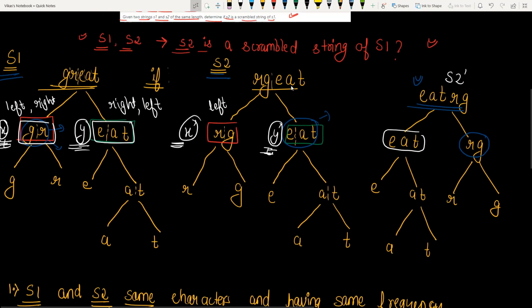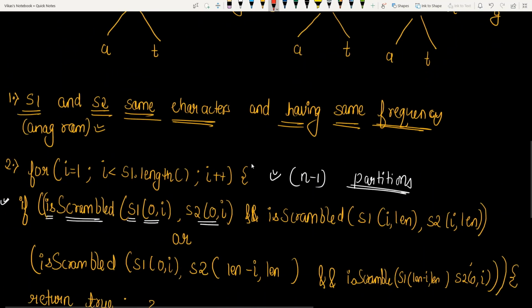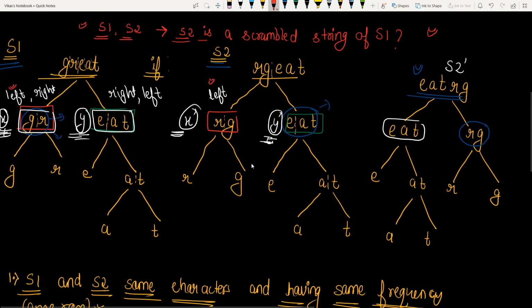That means we have considered left and left, so left of S1 and left of S2. Now, if these are scrambled, the remaining condition is that my right is also scrambled with right.